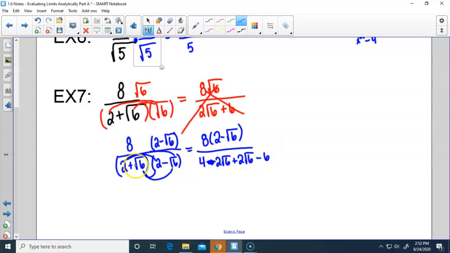So whenever you've created that difference of squares, these middle two are always going to cancel out. So what I end up with is 8 times 2 minus the square root of 6